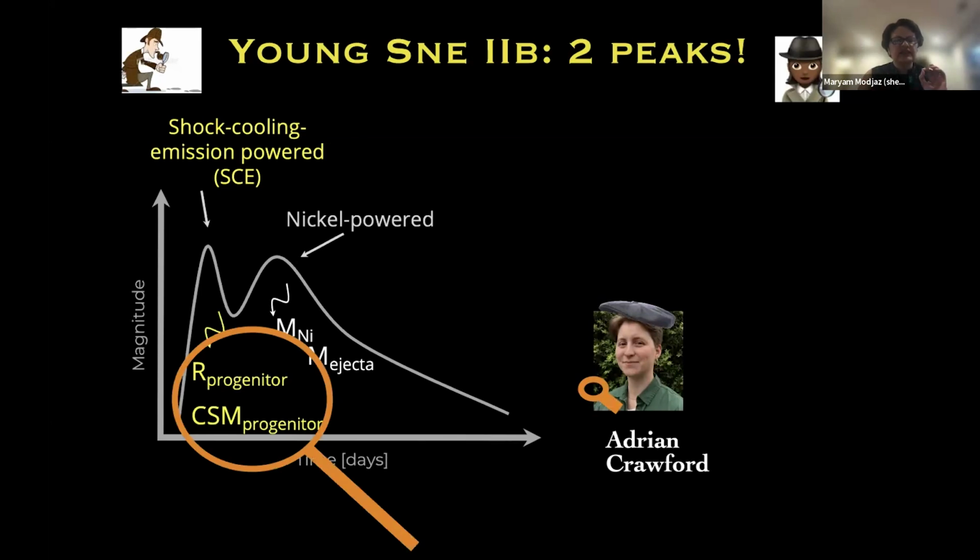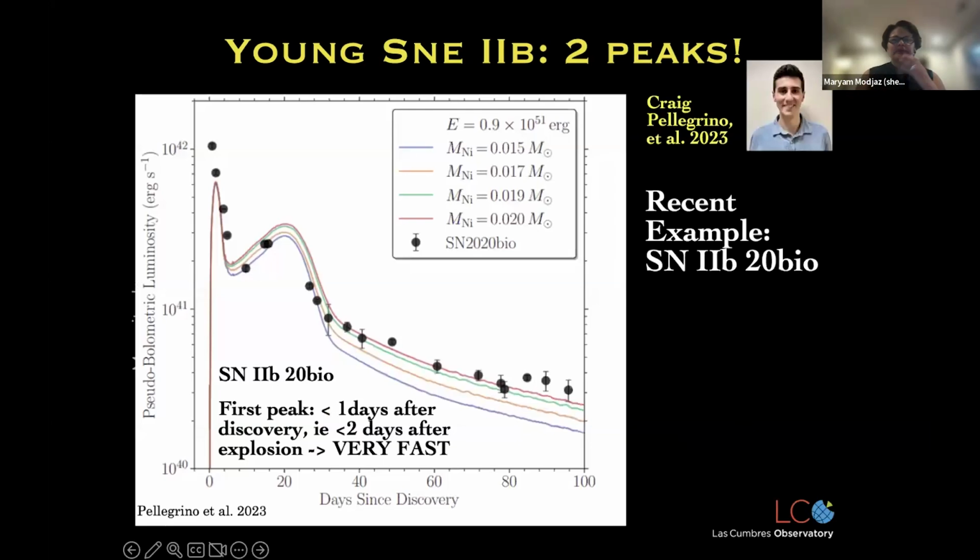Well, it tells us uniquely about the radius of the progenitor and the CSM of the progenitor. And especially the radius of the progenitor is crucial. There are no other ways, except pre-explosion HST images that only go out to 20 megaparsecs, to get the radius of the progenitor, really do stellar forensics, understand the progenitor before it explodes. So the work I'll present today on 2Bs is going to be based on my grad student Adrian Crawford's work and their amazing graphics that you will see, and the hat, which seems like stellar detectives always have, and the magnifying glass.